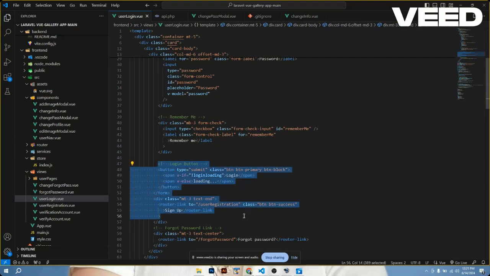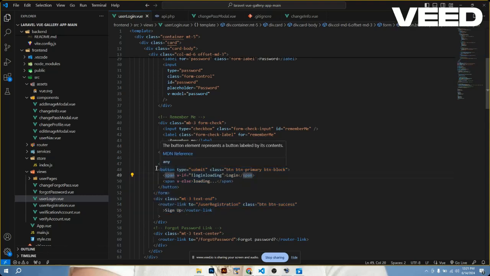I am going to discuss the login button. This line is the login button. This is an HTML comment providing a descriptive note about the following code. Next line is